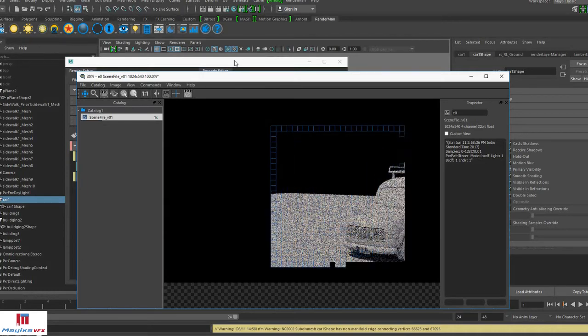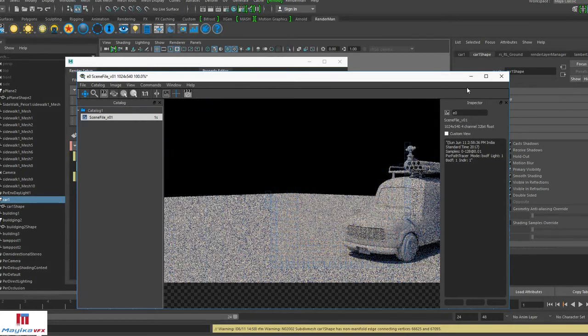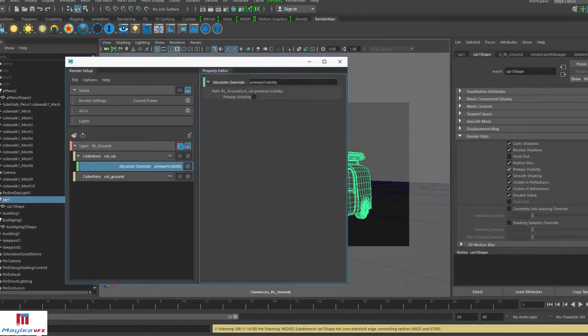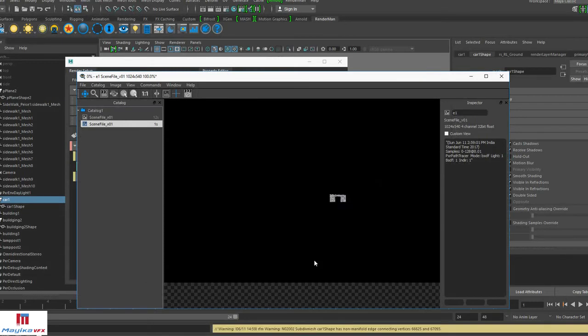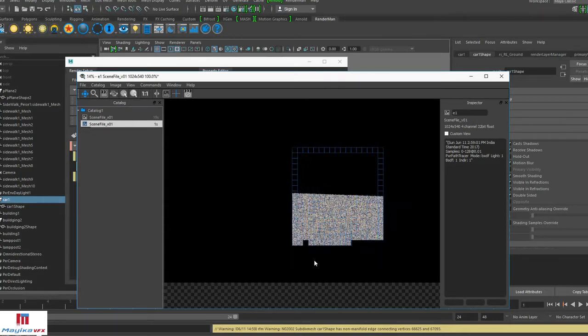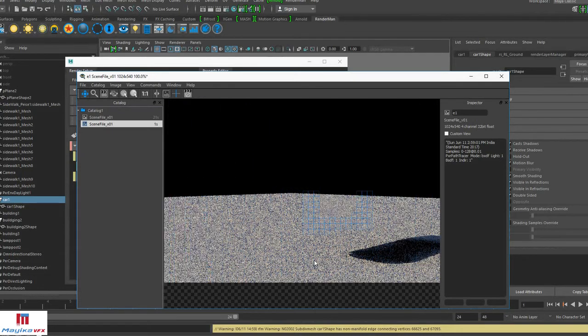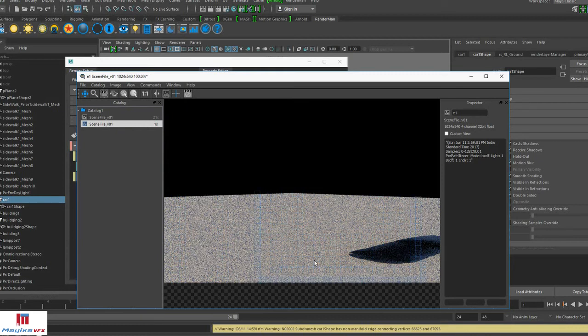Here you see the car is also rendering. That's because this one is not refreshed. You see this red mark here, so let's click again. So now it's refreshed. Now let's see. Yeah, now you can see that car is tracing, and we are able to render only shadows here.